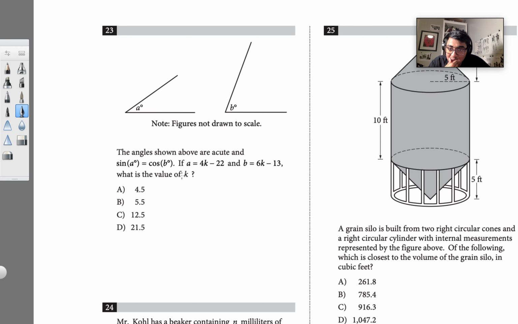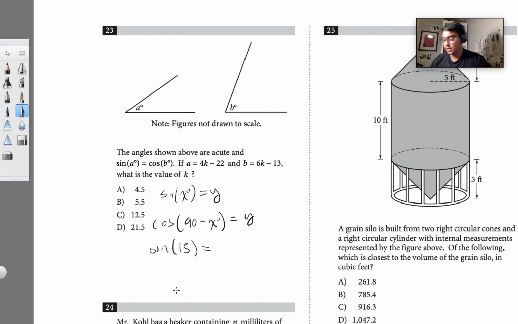Well, one thing we know when it comes to trig is that if you take the sine of a value x, and it's equal to y, then cos of 90 minus x is also equal to y, right? So for example, if you have sine of 15 is equal to, I don't know what the sine of 15 is, but it's equal to L, then cos, okay,